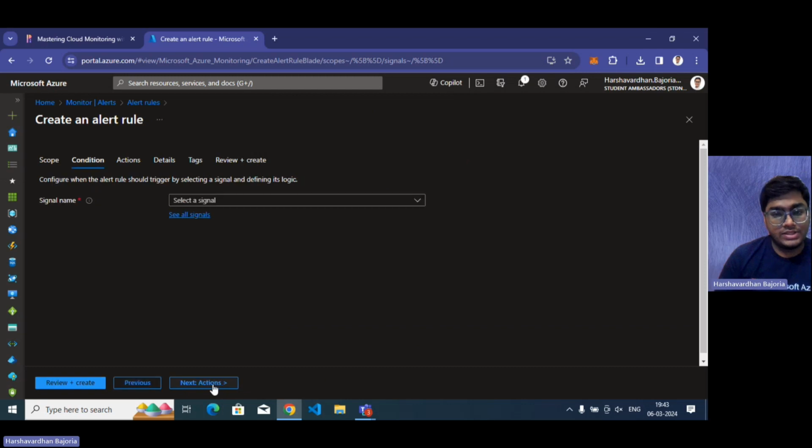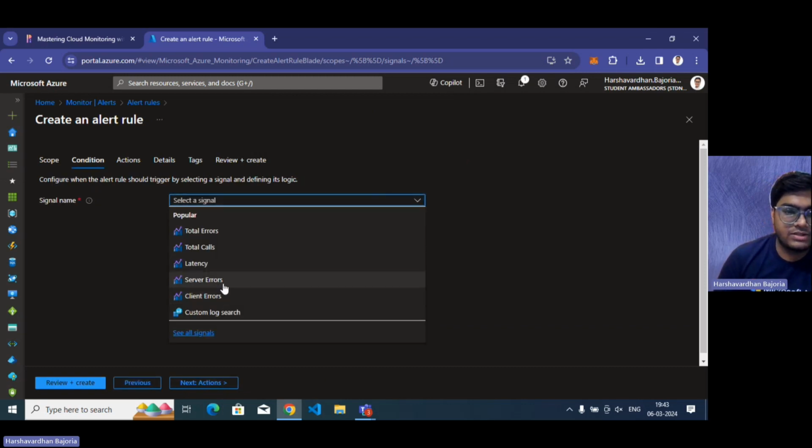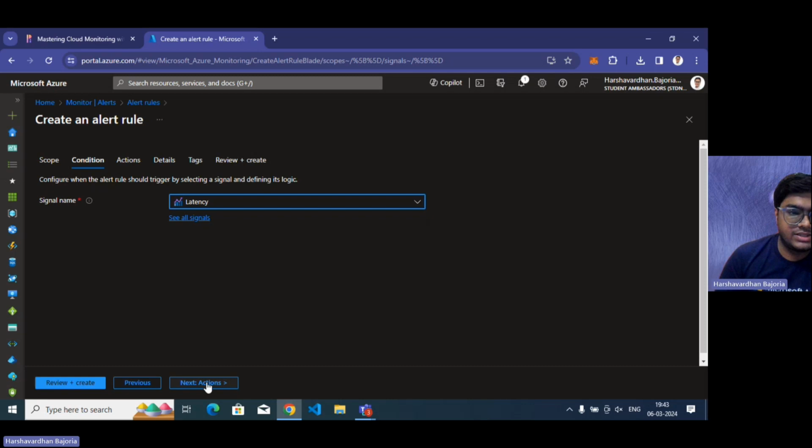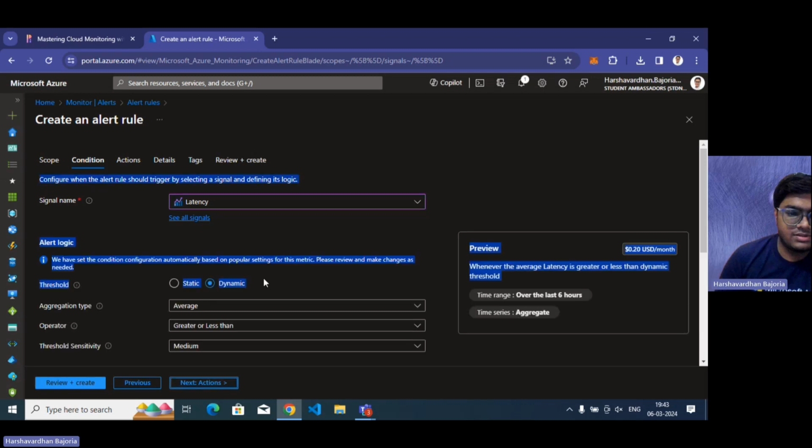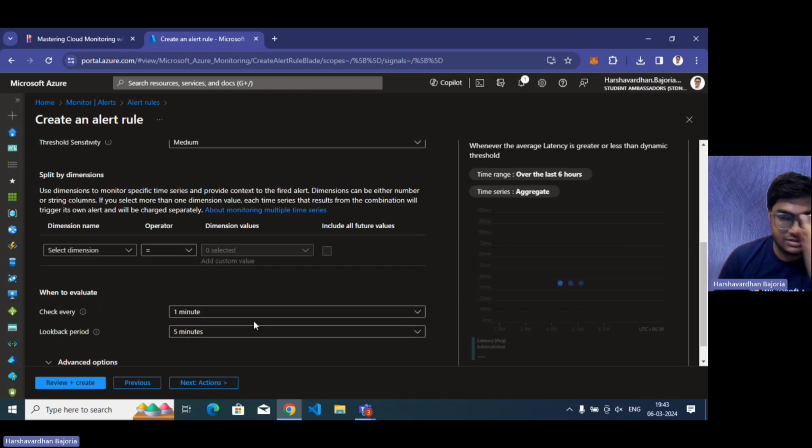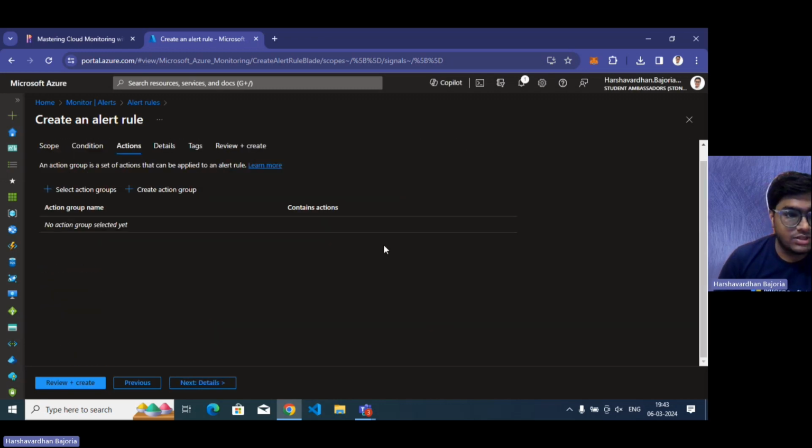Then I need to choose the condition. So let's just choose, I want server errors or maybe latency, total calls. I want to see the latency. Next, actions. Now I want it to be dynamic, that average is greater or less than the medium threshold. As you can see out here, it will show me a graph over the last 6 hours of how much the latency was. Next, I need to choose the action which needs to perform. So I just click on select action groups,